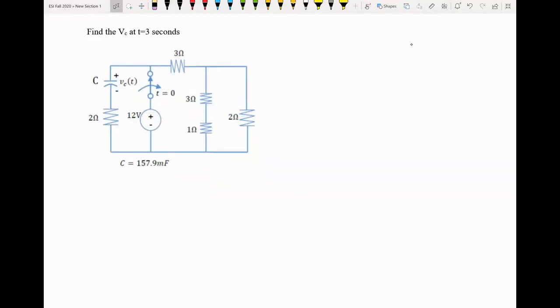Okay, let's go ahead and take a look at the last problem in this session. This problem is asking us to find V of C at 3 seconds. So V of C up here to the top left, actually. And this looks kind of scary just because it's a big circuit, but let's take a look at what's actually